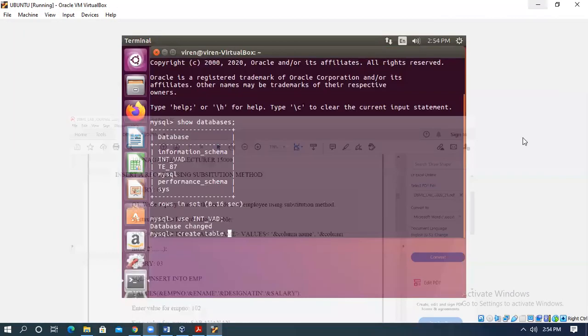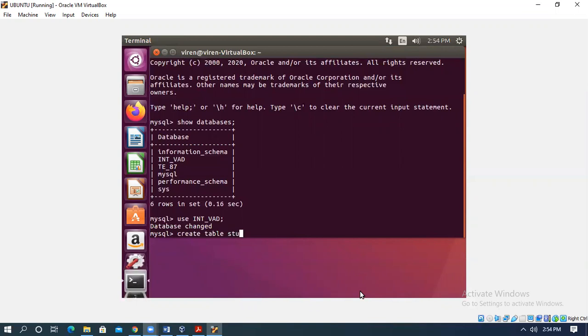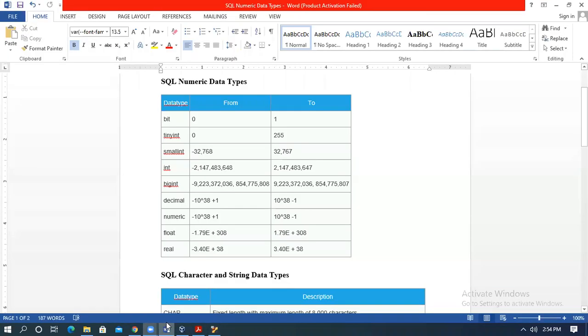We'll take any table, say the student relation. Create table student. When I use create table and student is the table name or relation name, I have to specify its schema, the attributes, and they will have data types.